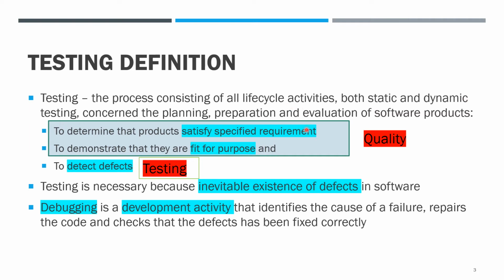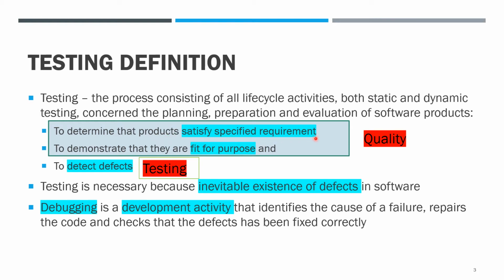Okay, testing, there are two main types. Static is testing that you perform without running the code. Dynamic is when the system is running and you actually test the running system, right? And it is concerned with the activities just now: planning, preparing, and evaluating of software quality. So normally this is the purpose, to determine the product